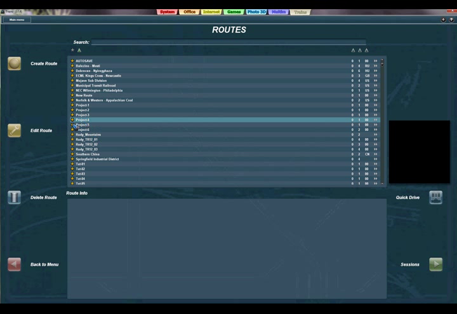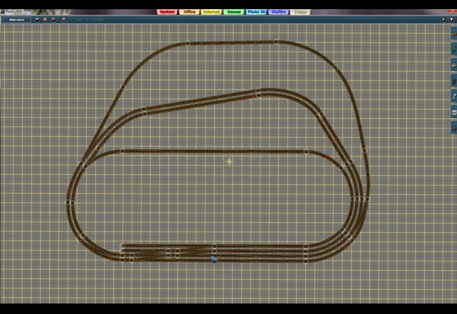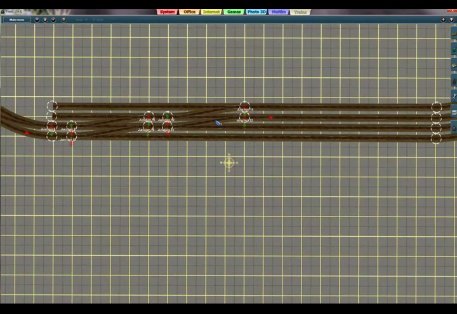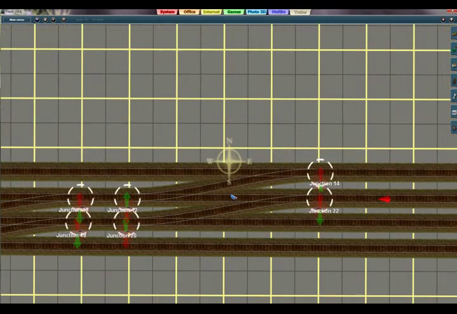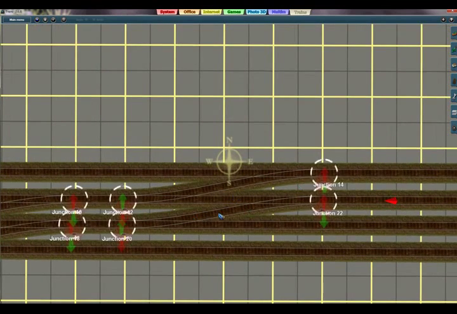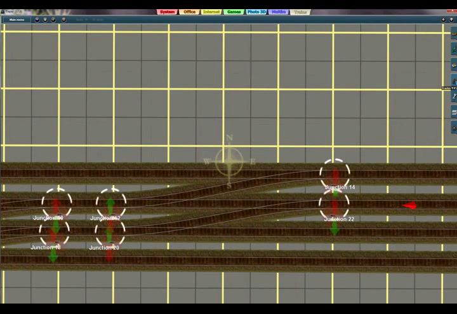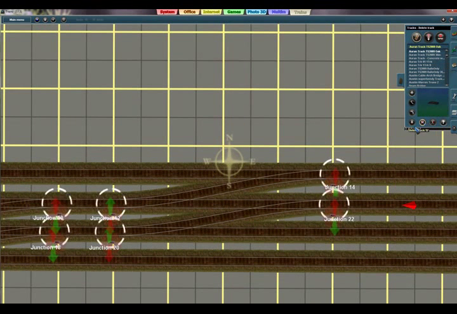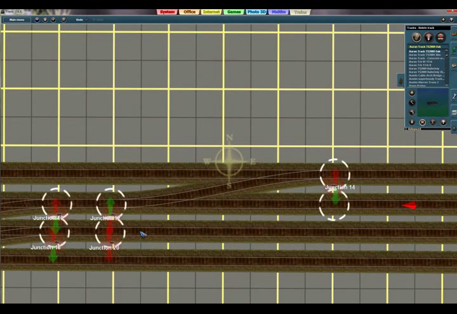Okay, let's select project 4 and then edit route. First of all, I would like to make a few simple modifications because I found out that I made our layout a little bit too complex. This turnout here is not necessary at all. We are going to delete it just to make everything neat and tidy. It also leaves that switch over there, so I select it by clicking it with the gripper and then hit the delete button and delete it.